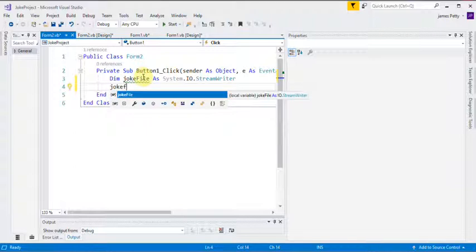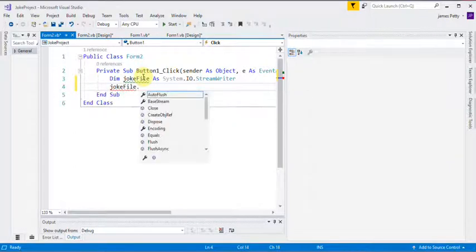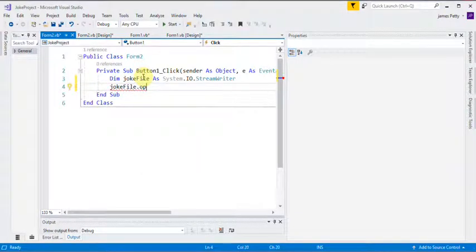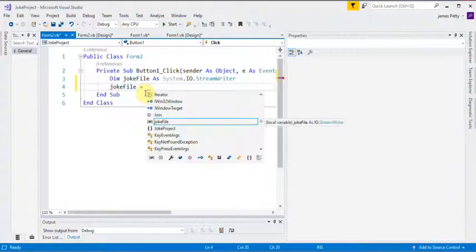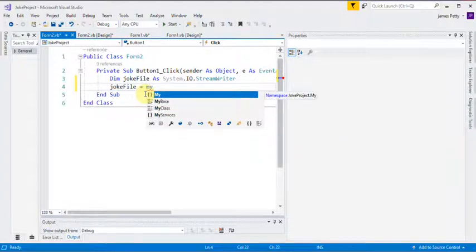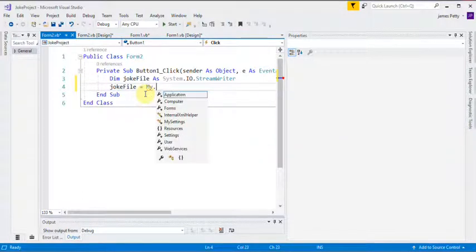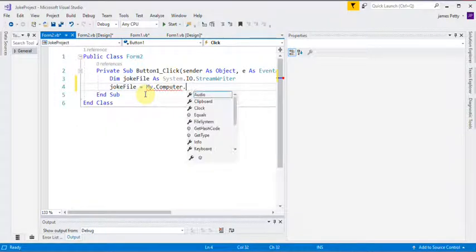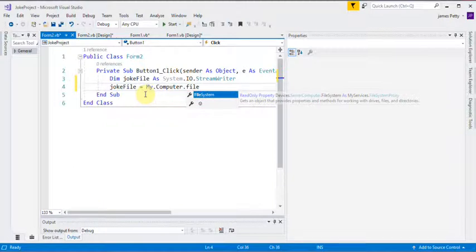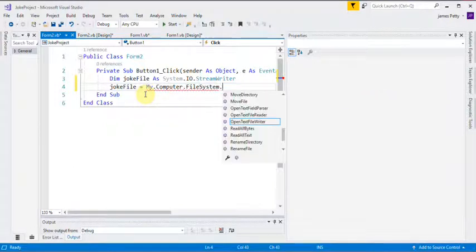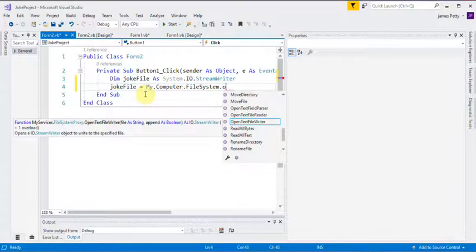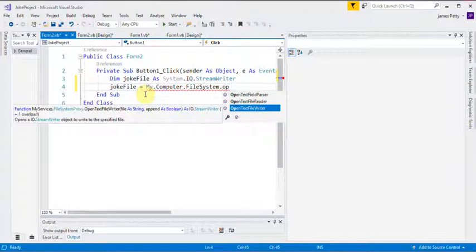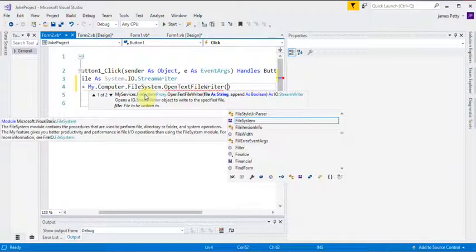Joke file, oops, not dot, sorry, joke file equals my dot computer dot file system dot open text file writer, open brackets, and now we just put the name of the file.